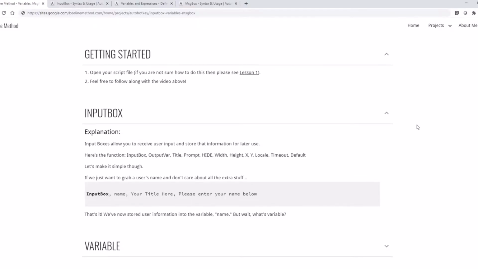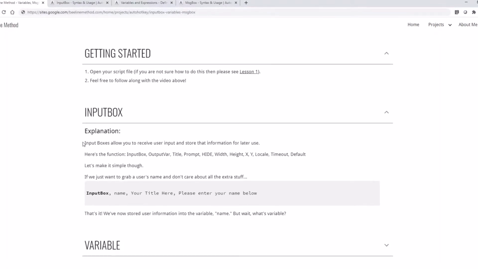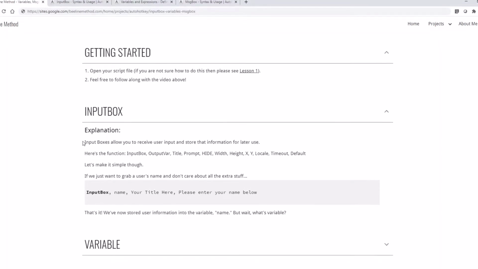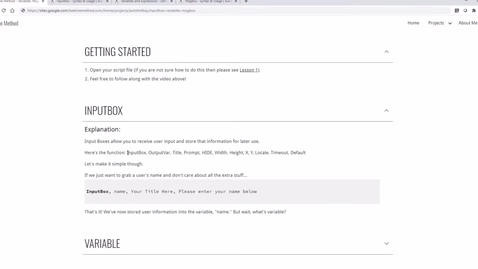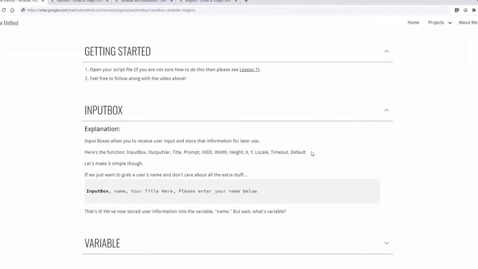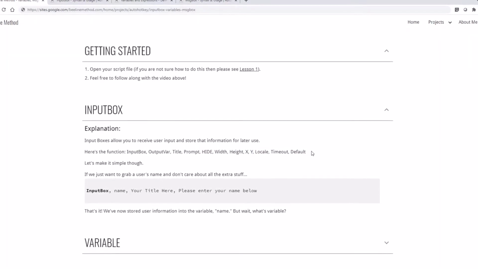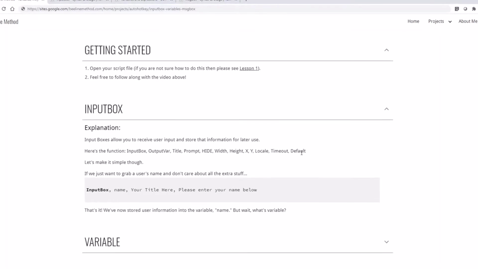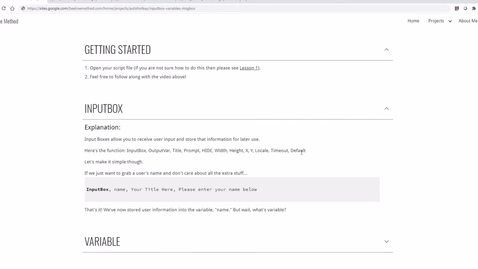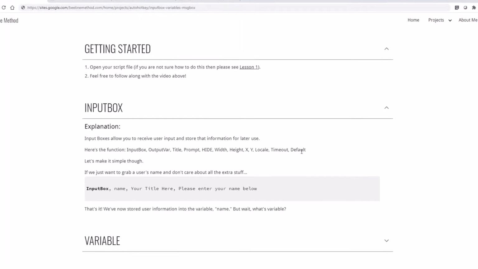The first thing that we want to look at is the input box. This is a very important function and allows us to receive user input and store that information for later use. The full function is here, and you can check it out more on AutoHotKey.com, but let's make it pretty simple. Say we just want to grab someone's name from the user and store that for later use. So right here, I'm just going to grab this,